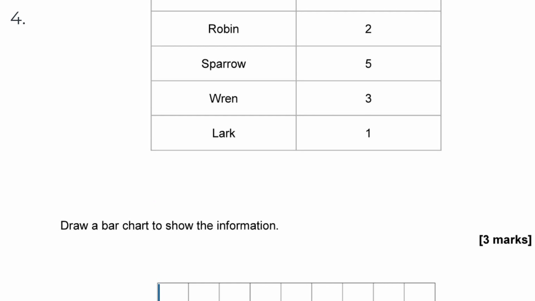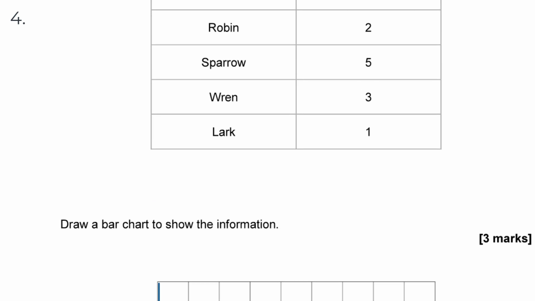So I'm just going to use 1 block per number like that. And then I've got 4 things: robins, sparrows, wrens, and larks. And I need to fit those in. I've got 1, 2, 3, 4, 5, 6, 7, 8, 9. Now, bearing in mind I need to have a space in between, I'm going to write those names sideways so they fit in nicely. So robin,